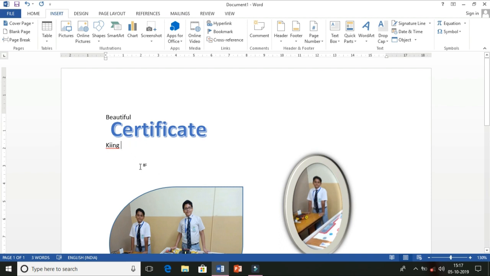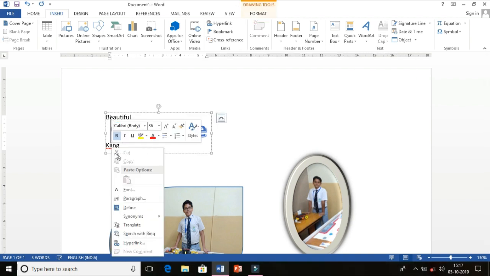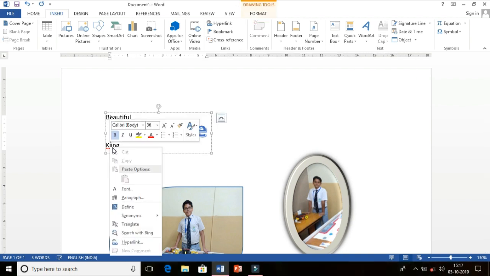So how can you correct it? This is the insertion point, this mouse pointer, this I beam, this letter I that is coming in the mouse. Just see this one, just right click on the middle of this line in this way. Here you have to right click, so it will suggest the correct option.